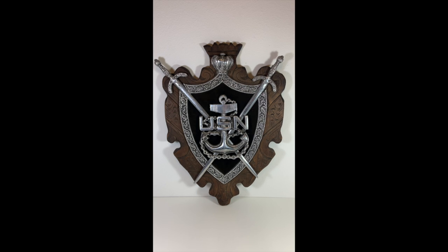So anyway, I wanted to feature these because I find these very unusual as far as we don't see a lot of medieval decor in retail stores and stuff. And when we do, it's small things. But these are huge and they would make a great statement piece for a wall. So if you're even remotely into that, vintage is worth a look purely for items of this type. Something that a retail store would probably never sell you, but you can find it on the vintage market or